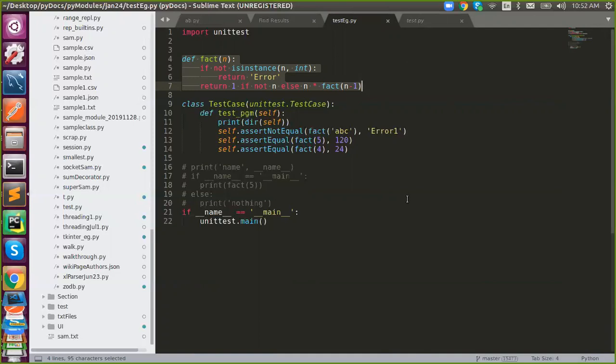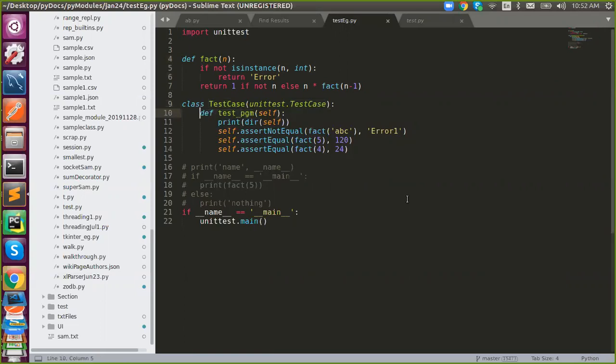If we fail to handle that exception, it will lead to an error. We all know that. For that we have to prepare test cases. This module will help you prepare proper test cases, and it will ensure whether your code is working perfectly or not. In this case I'm doing a factorial program, right? So here is my TestCase class, and here I'm going to test my program.